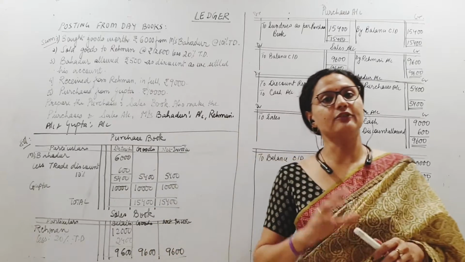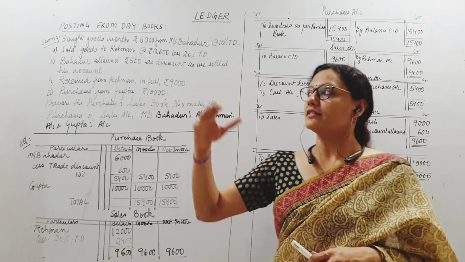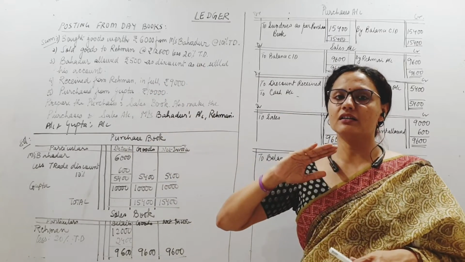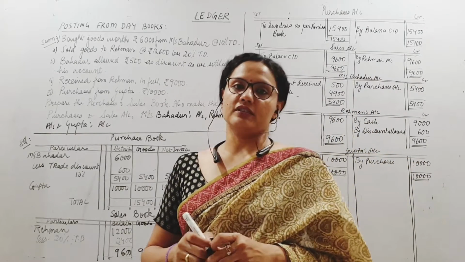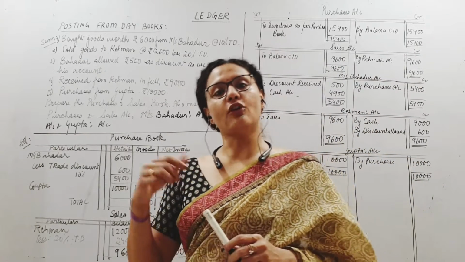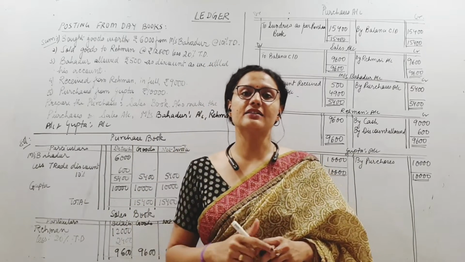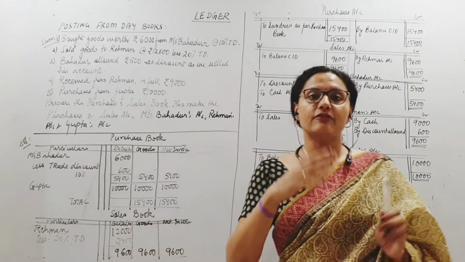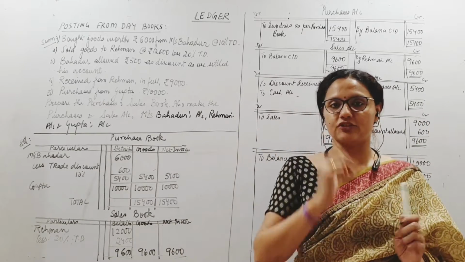So here we are trying to post, and post is a technical term. Posting meaning transferring from the journal to the ledger, the entries that have been made. So I am posting these entries from the journal to the ledger. And last class we had done that from the plain simple journal, general journal to the ledger.